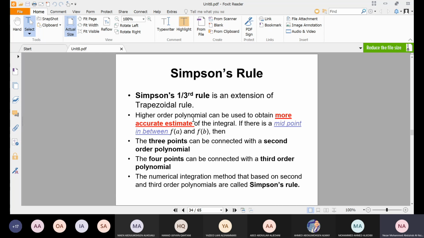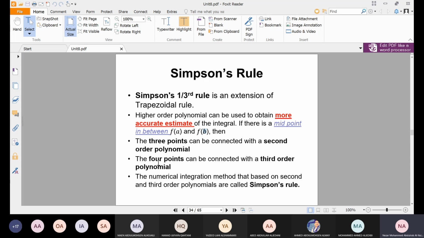Here, to enhance the accuracy, we can use a higher order polynomial. One of these rules is Simpson's rule. Simpson's rule uses the midpoint between A and B, and since we already have point A and point B, by using these three data points,